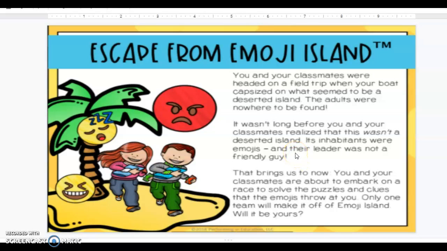That brings us to now. You and your classmates are about to embark on a race to solve the puzzles and the clues that the emojis throw at you. Only one team will make it off Emoji Island. Will it be yours? Okay, so I am going to walk you through the directions on how to complete this